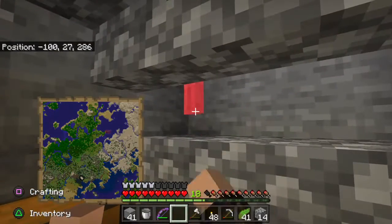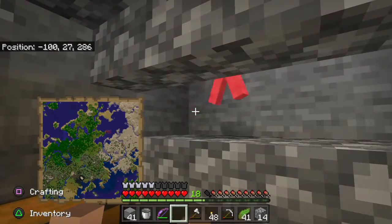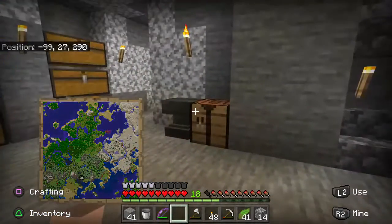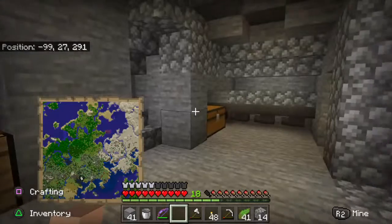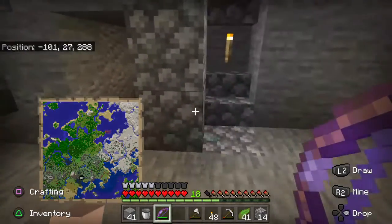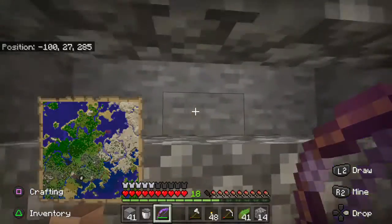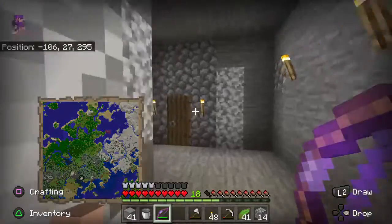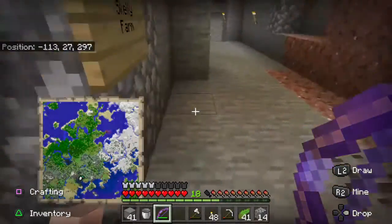Now, if I get myself enough enchantments on my gear, then we will be squared away. I do want to find a mending villager, though. I'm getting kind of sad about not having mending. It's one of the things that I have not managed to get my hands on as far as